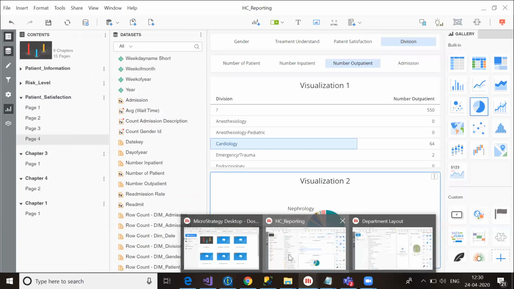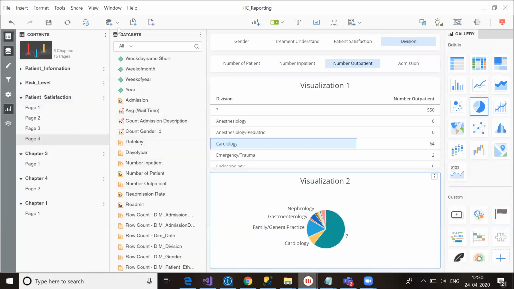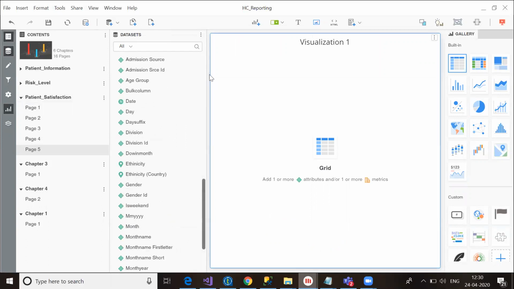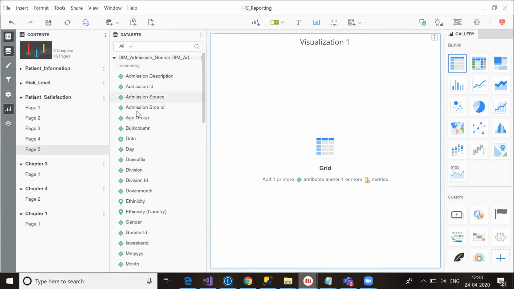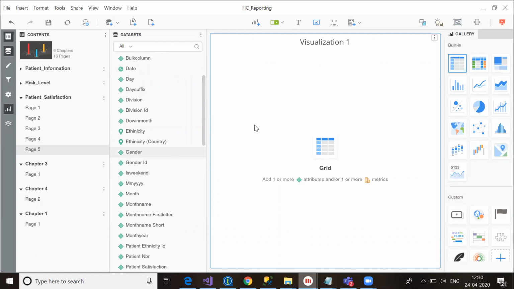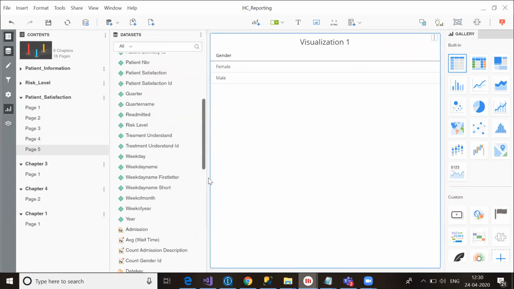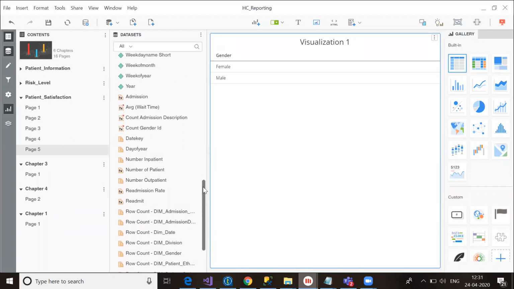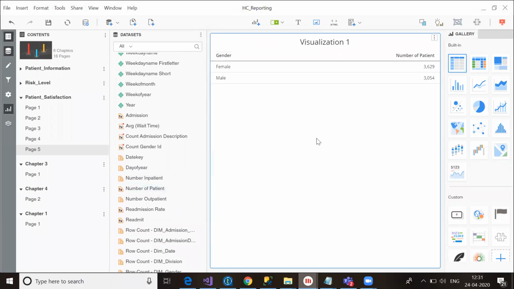So now, suppose I have taken one grade, and in that grade I wanted to show you gender by patient, let's say number of percentage.